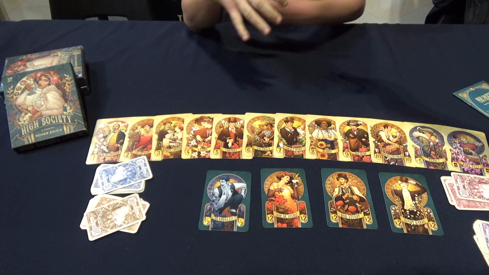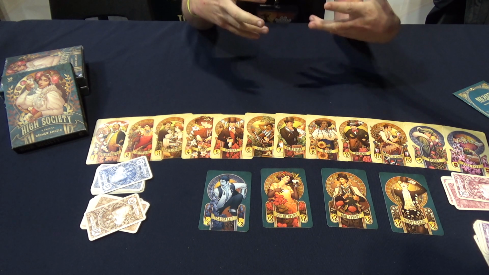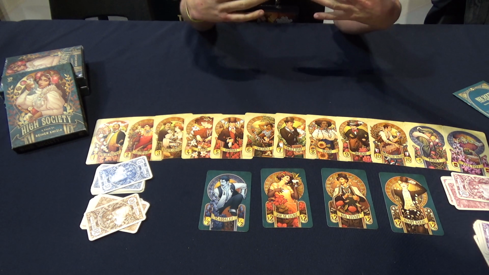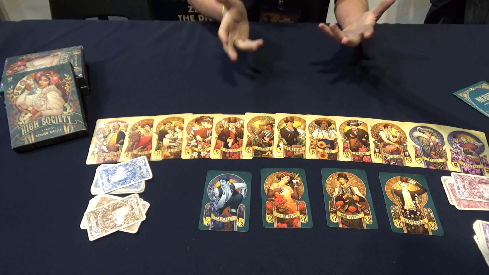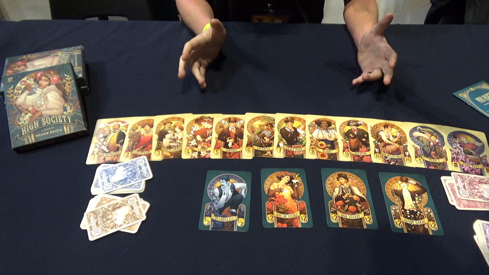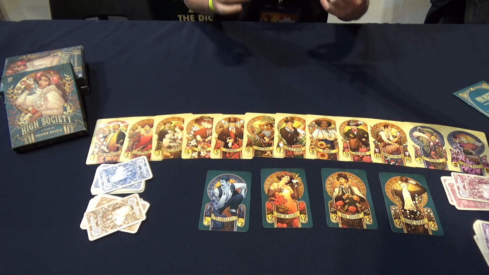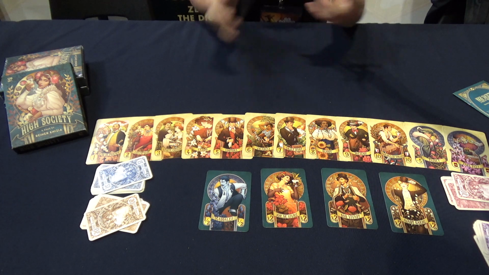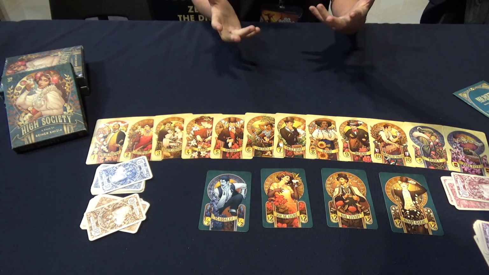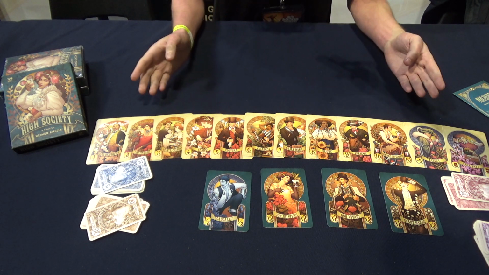All right, so High Society's a much older game. It first came out in '95 in its first edition, and rules-wise, it's exactly the same game. All that's happened is a visual overhaul. And for those who aren't familiar with the game, it's a 20-minute light filler game for 3 to 5 players. It's an auction game, and the way it works is that there are 16 of these large status